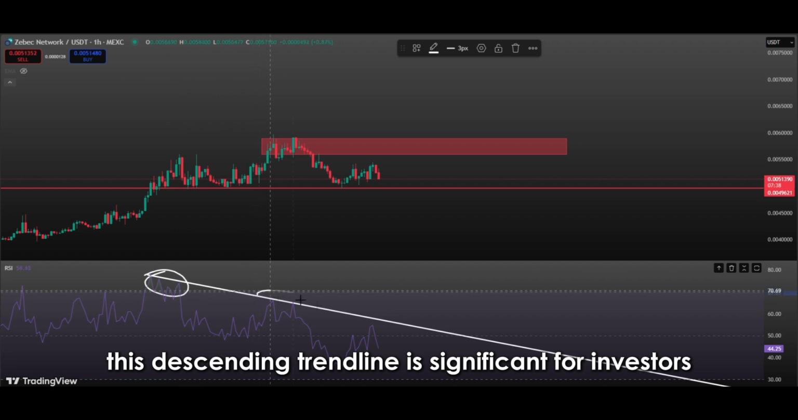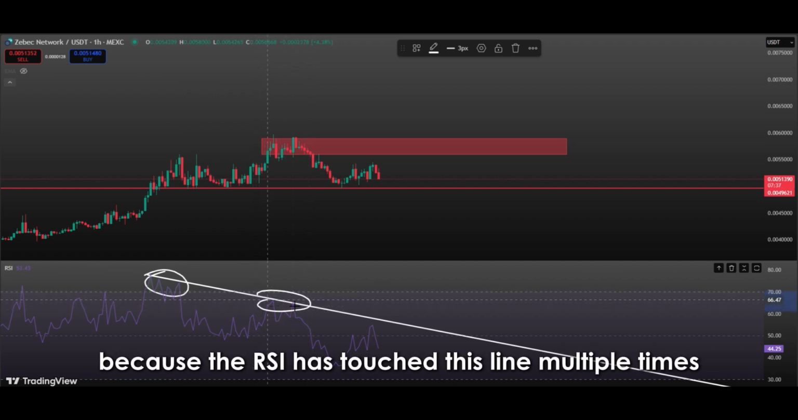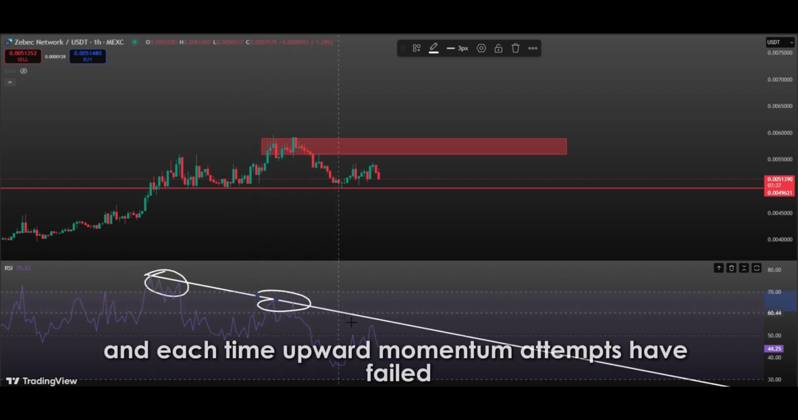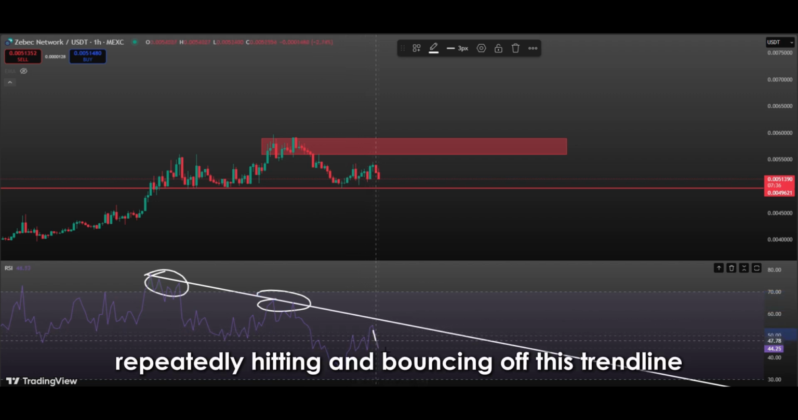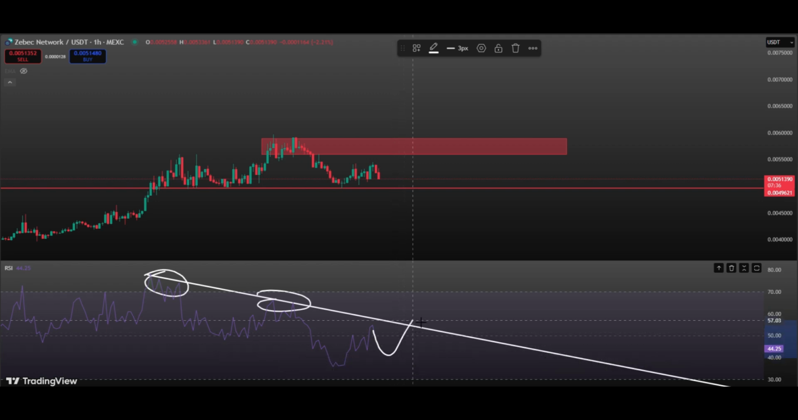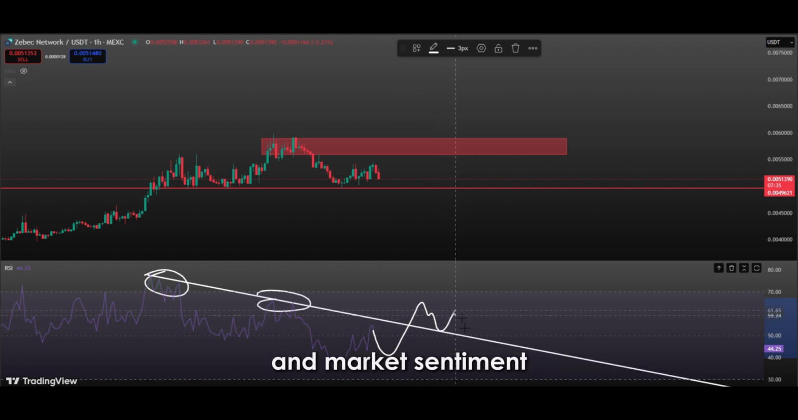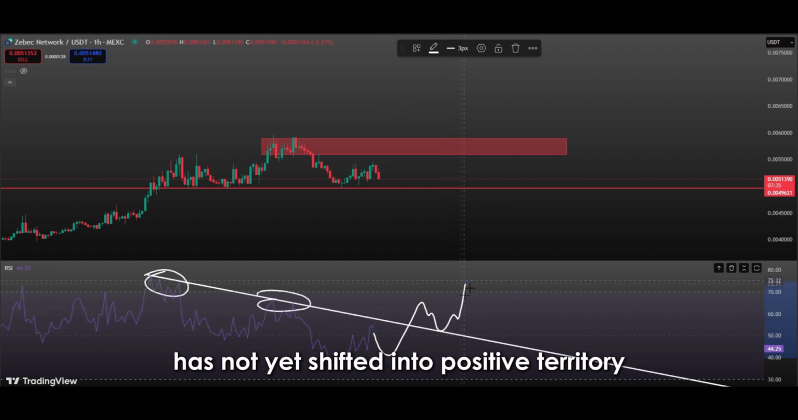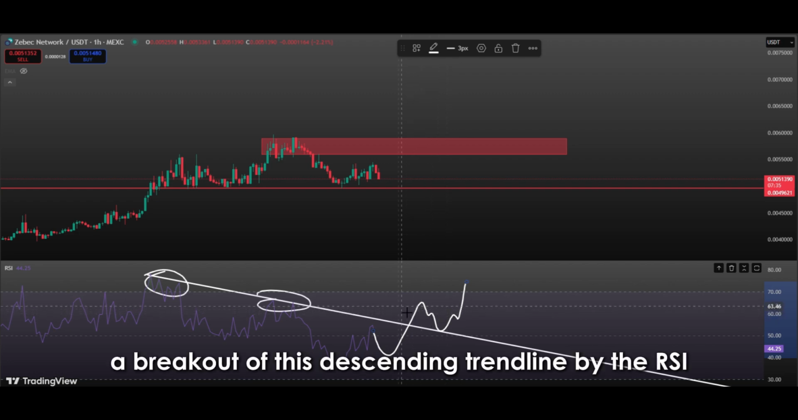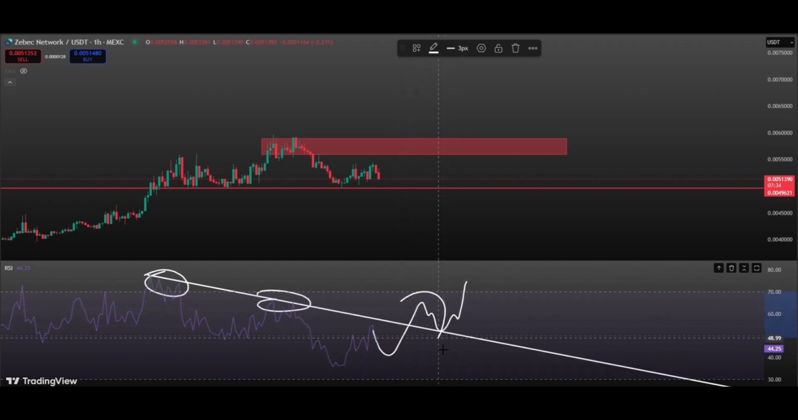This descending trend line is significant for investors because the RSI has touched this line multiple times, and each time upward momentum attempts have failed. The RSI repeatedly hitting and bouncing off this trend line demonstrates that it is a very strong resistance area. Such a structure may indicate that the price is struggling to gain upward momentum, and market sentiment has not yet shifted into positive territory. However, a breakout of this descending trendline by the RSI can be a sign of a